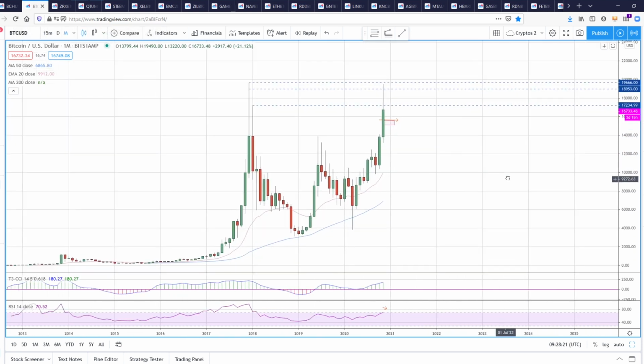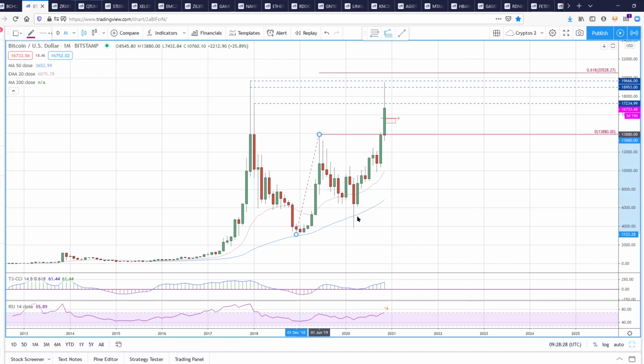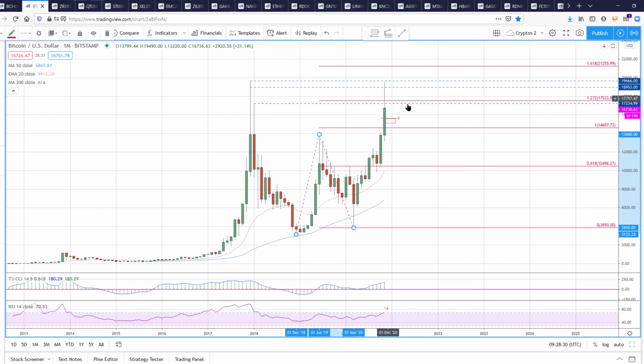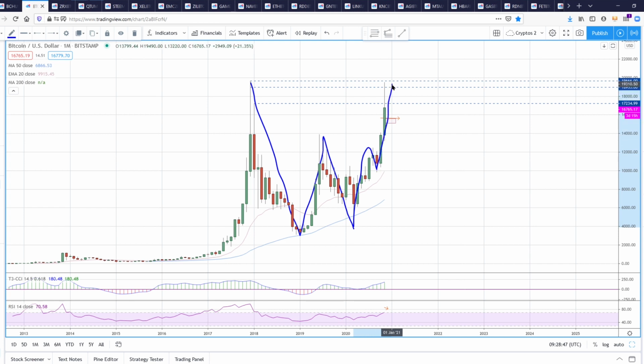Also, one of the reasons it supports this is if we measure from this low to this high, we're at a 1.272. It's not very convincing. It's woolly. But what if it's this? What if this was A, B, C, and this was our A leg down, and now we've gone A, B, C up? Because if we measure that,